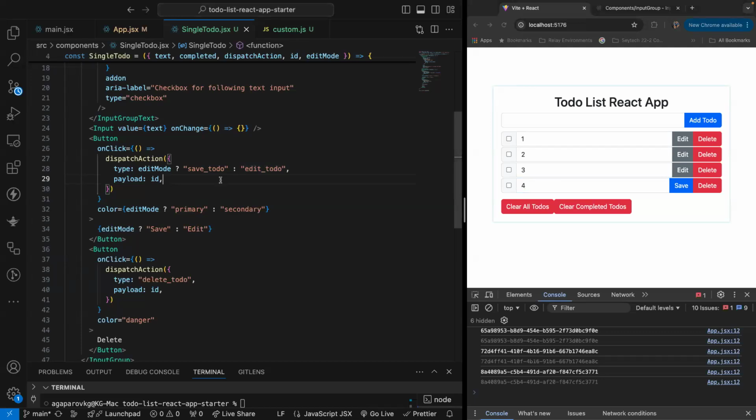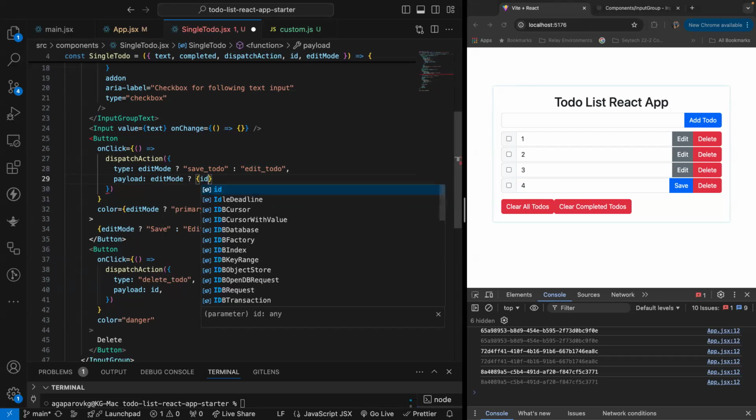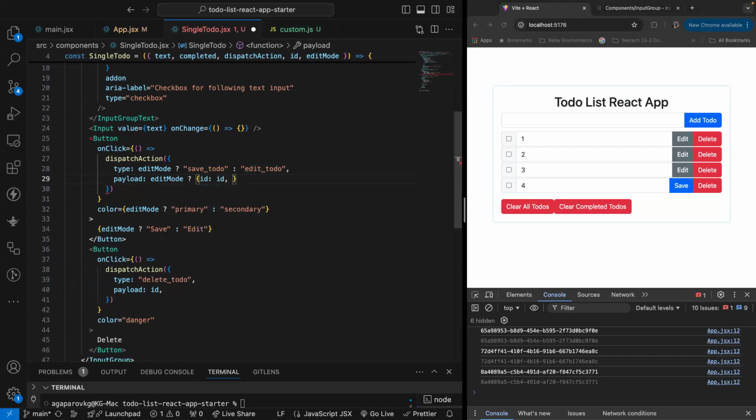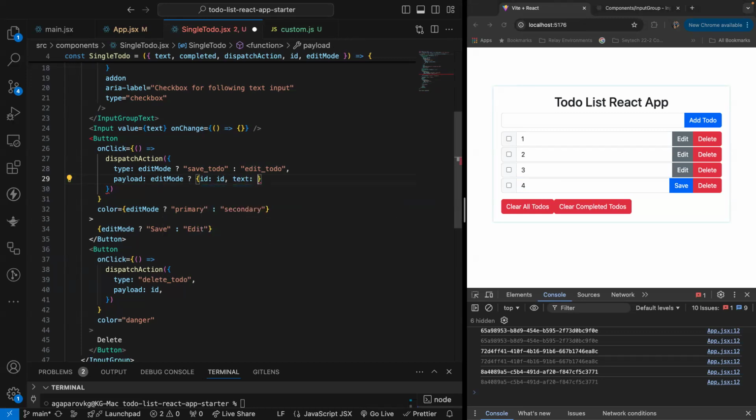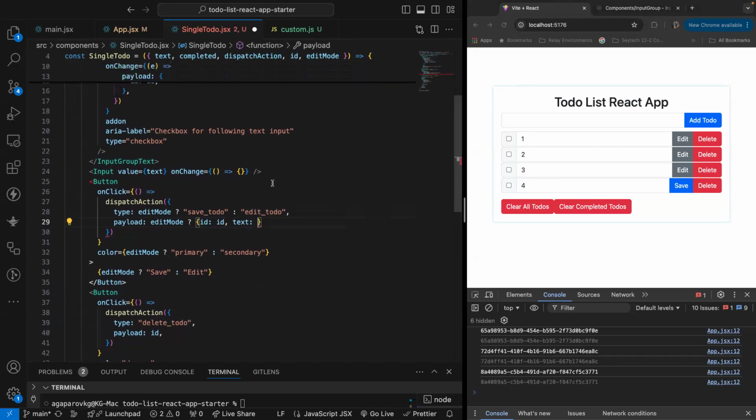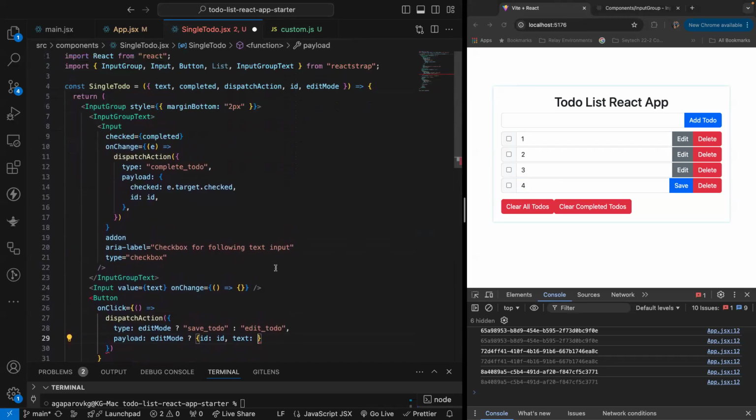For this guy right here, if edit mode is true, then I have to pass ID and, at the same time, text equal to the input value. Somehow right over here, we have to create